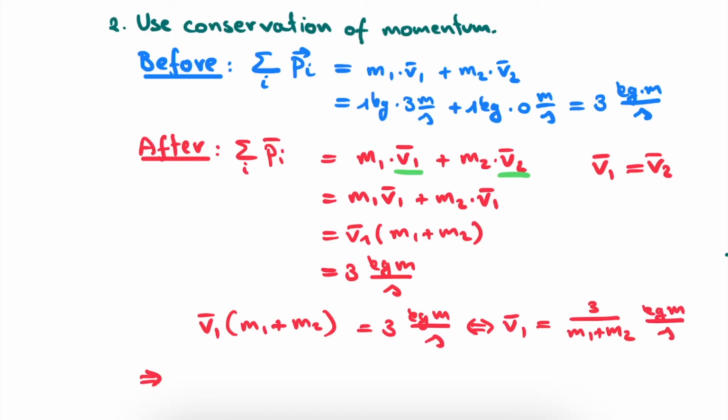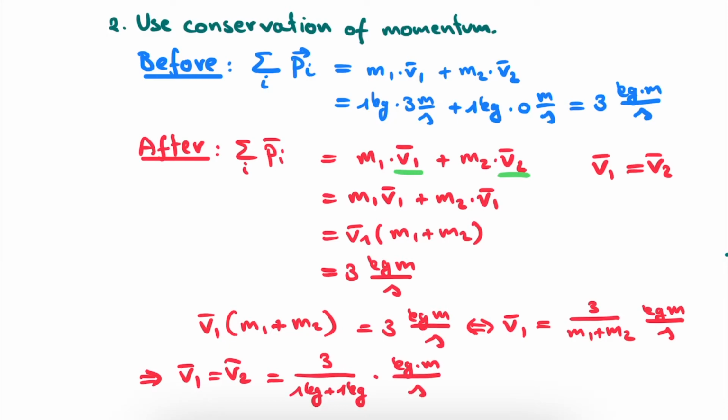Therefore, filling in the numbers, we have that v1 after the collision, which is equal to v2 after the collision, since they are both moving at the same velocity, is equal to 3 divided by 1 kilogram plus 1 kilogram, and let's not forget this unit that we had for momentum, kilogram meter per